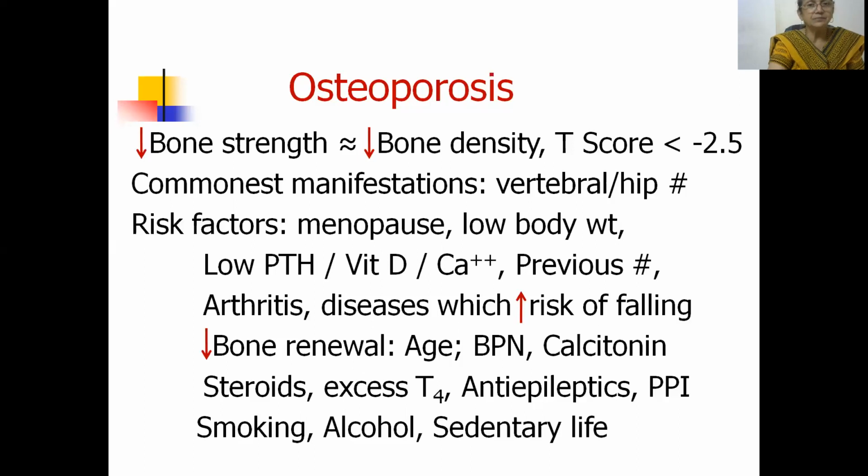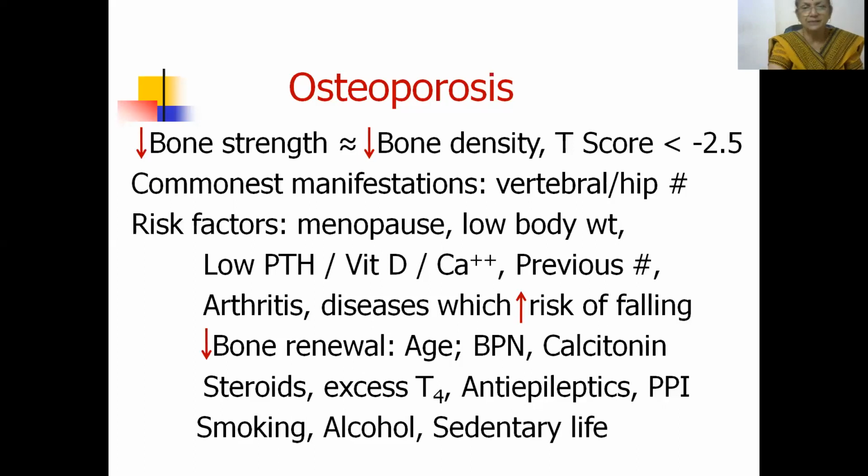Anything which interferes with the bone renewal, the process we saw at bone remodeling units, digging up and deposition, that's a process of renewal, rejuvenation of the bone. Anything which interferes with that, and even in elderly men, the deposition becomes slower. So men beyond 65 years are also at a greater risk of osteoporosis because the renewal process, the deposition process, even